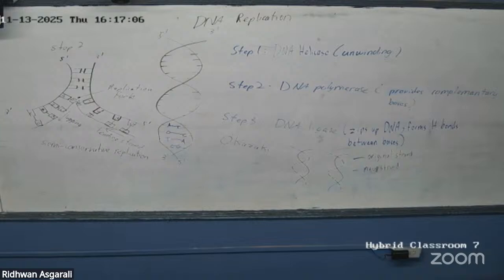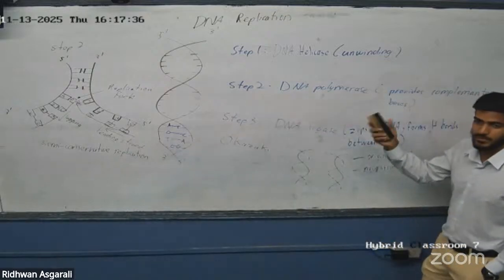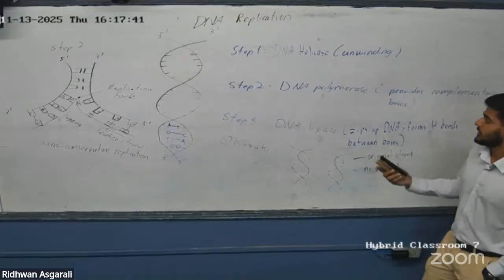Right, so we have to know of at least one experiment to prove that DNA replication is semi-conservative. What some scientists did in 1957, if you're interested in science, was Meselson and Stahl. They used E. coli. Everybody here knows what E. coli is? It's a type of bacteria. The thing with E. coli is that it replicates very quickly, so it can be used to study this. So what they did,